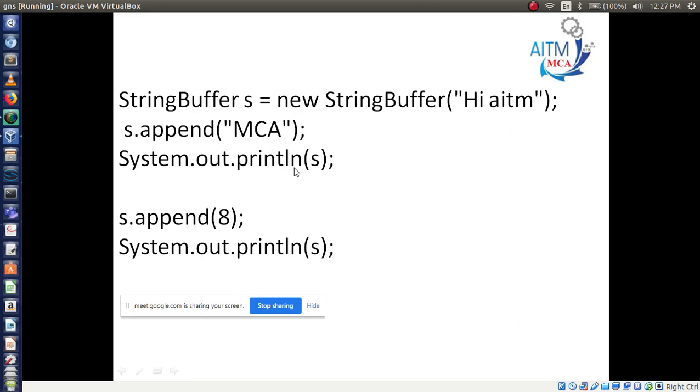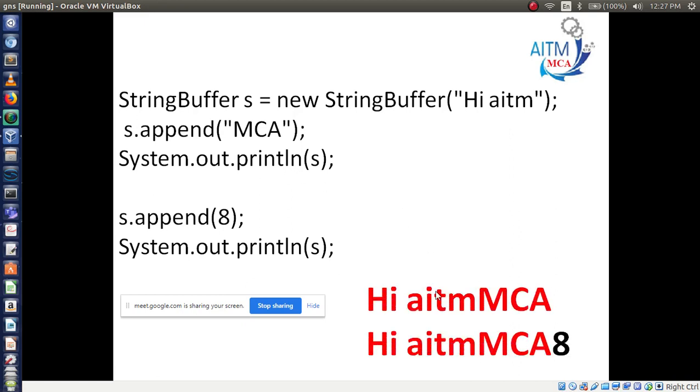Now print the s variable, that is the reference variable. So you will have hi AITM MCA. So the MCA word you have appended to which one? To the s variable, right? Now another one, there are 2 methods, right?